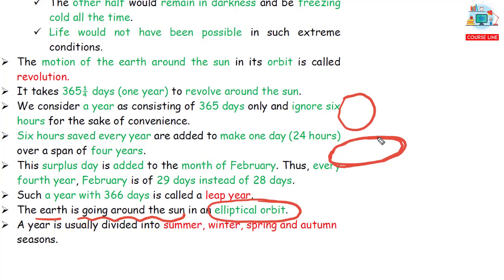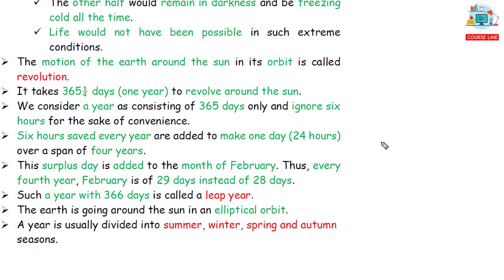Okay, so the Earth's orbit is elliptical and we call it an elliptical orbit. Okay, in a year we are having 4 seasons: summer, winter, spring and autumn. We are having 4 types of seasons: summer, winter, spring and autumn. Okay,